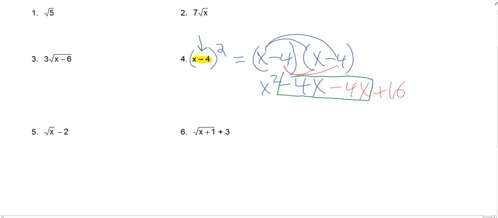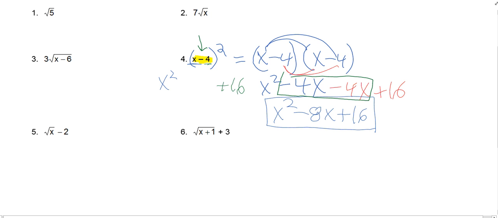So that's a negative 4x doubled, which is negative 8x. So I suggest that you get familiar with that shortcut again. And so when you FOIL a binomial, it's just much easier to square the first, which is x squared, square the last term, which would be negative 4 squared, a positive 16,